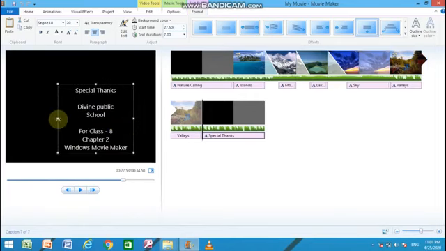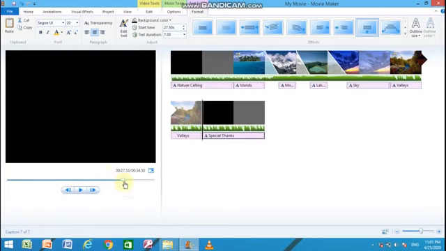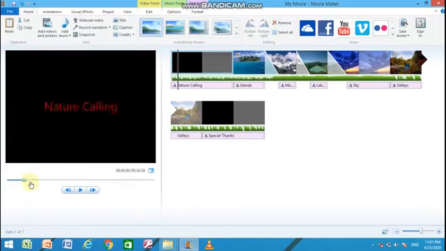Set the text according to your choice. Check the preview.